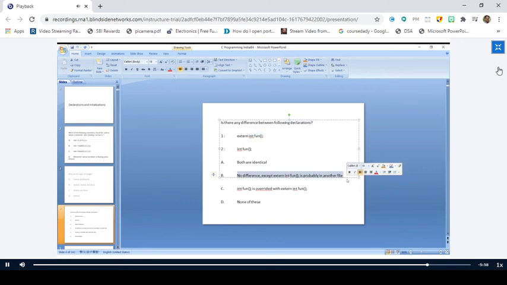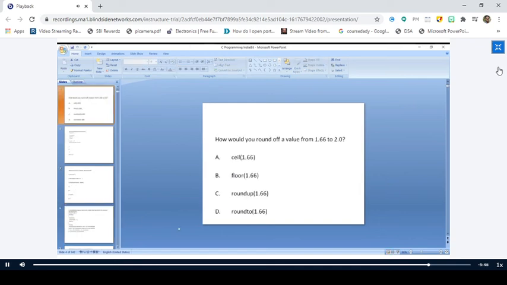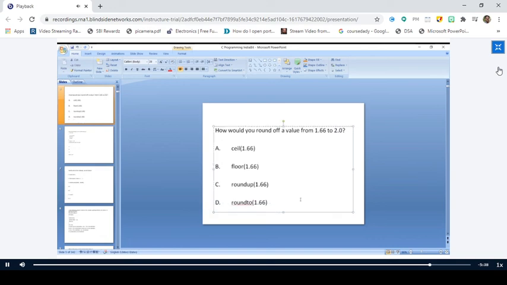Yes, sir. Extern means the definition of that function or the definition of the variable has been defined in some other file. That's nothing but a global variable, right? Is it clear? So the option will be 2. There is no difference between these two function declarations except that the function has been defined in some other file. Why? Because we have made use of this extern keyword. Is it right?